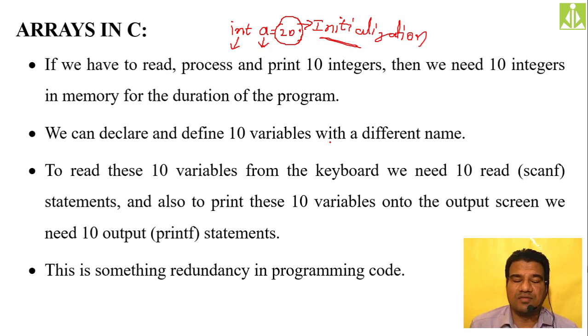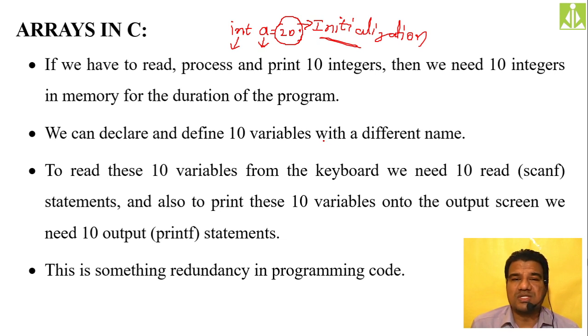So if you have taken two values in your program, if you are performing operations on two values, how many variable names do you need? Two variable names, isn't it? Same way, if you need 3, 4, 5, you need 3, 4, 5 different names, so that you can distinguish those variables, so that you can uniquely identify those variables. That is the reason why we give different names to different variables.